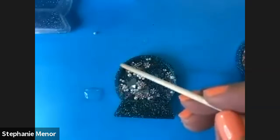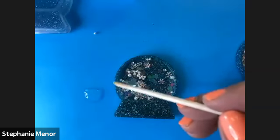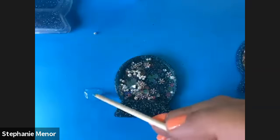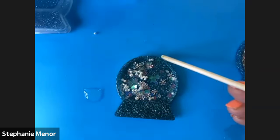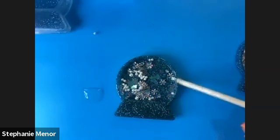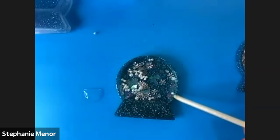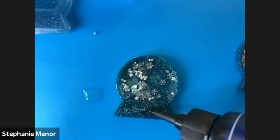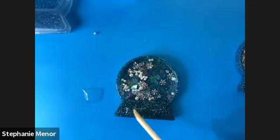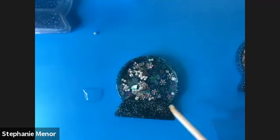So I want to just be very careful, still making sure that I'm covering that top edge, but doing no more than covering it. I don't want a big bead or big glob of resin on there. And then on this flat area, I can actually go in with the bottle, put some down, and move it around. Oh, I got a little star stuck here. Get that